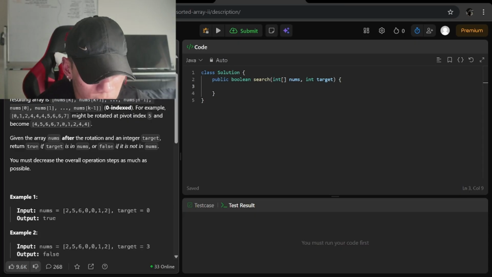You must decrease the overall operation steps as much as possible. So what we're doing now, we are decreasing the operations. I don't know if you can do 2 binary operations. I mean, you definitely can, but I feel like